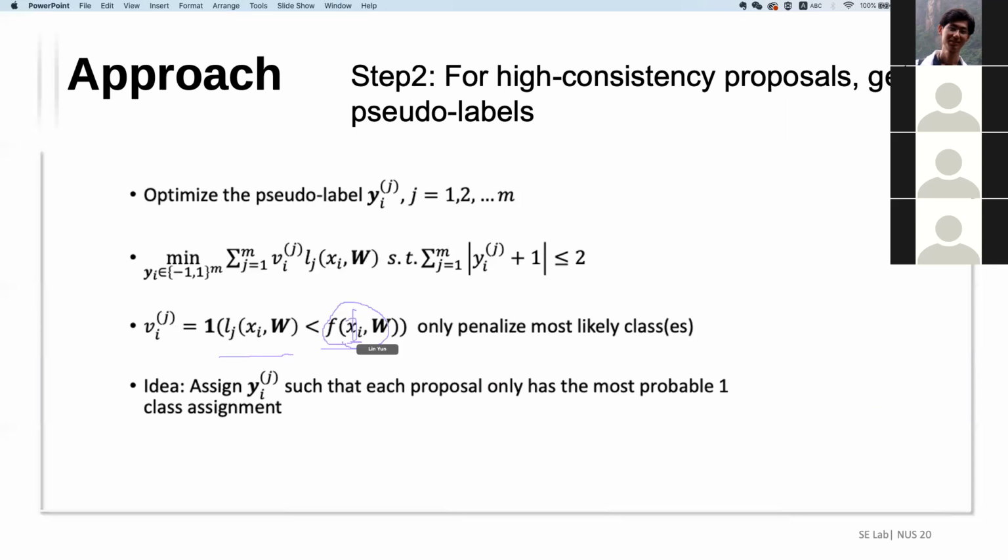So given this xi, we can think of the confidence as a fixed number. You can think of it as a threshold. It's just that the threshold is dynamic for each proposal xi. Yes. And then we apply the thresholding on each class. So for some of the classes, if their loss is really high, then this vi is equal to 0, right? So if their loss is really high, we don't try to minimize them because you think it's unlikely. Given this proposal, this function returns the class of this proposal.